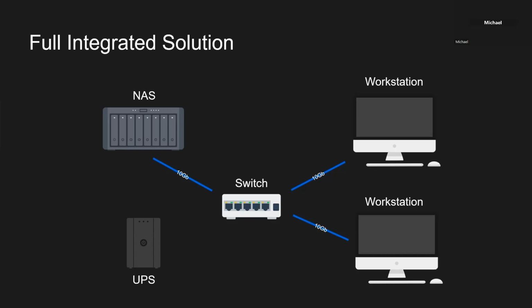Usually it would be networking. Networking would be your first bottleneck in most cases, especially if you're still running sort of 1 gigabit networking. That 10 gig upgrade is probably the most valuable upgrade you can do, and it'll be the most noticeable difference. Aside from that, it really then comes down to